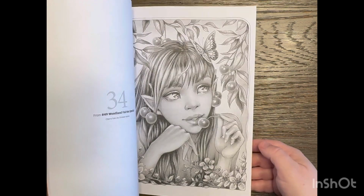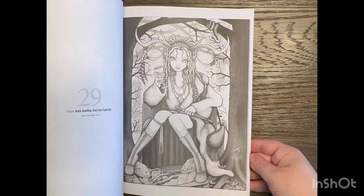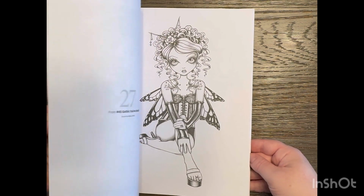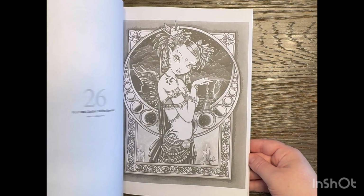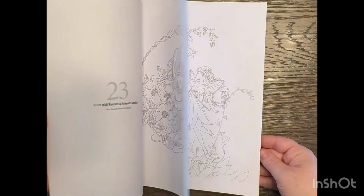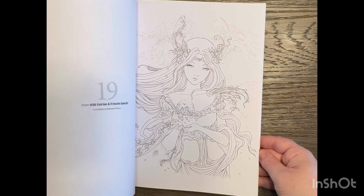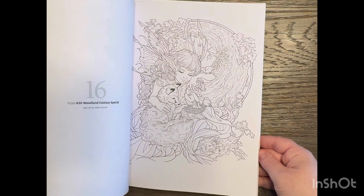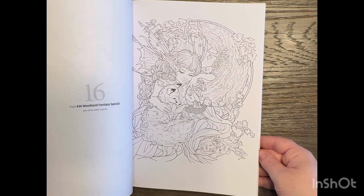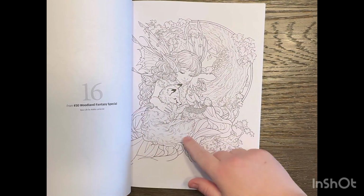Do I choose one from Fairies Compendium? I do not remember. So I'm just letting you enjoy the flip. Look at all that dark. I think those were from Michaelgelina. I'm not actually reading that really tiny fine print. I'm just flipping